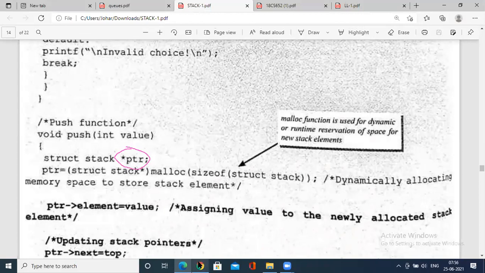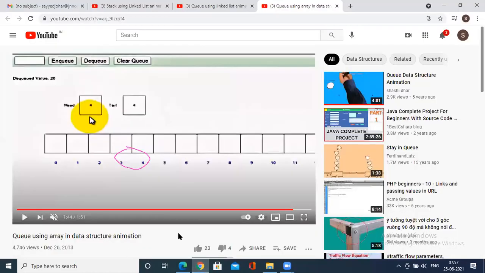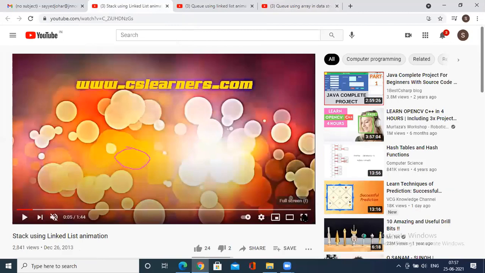Now how exactly will you do it? Copy the value to the PTR element, PTR to the top. How is it being done? Let us see using the animation, stack using linked list.